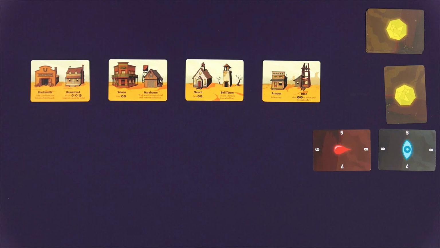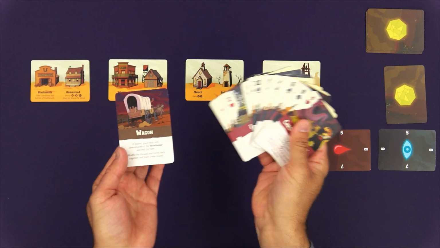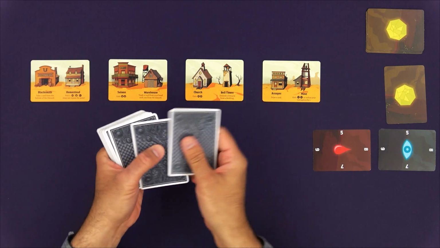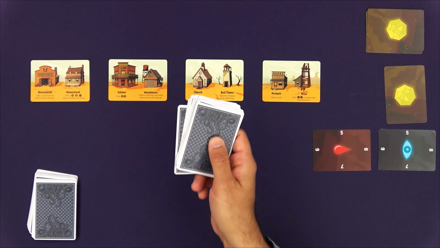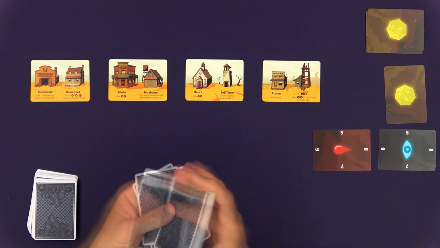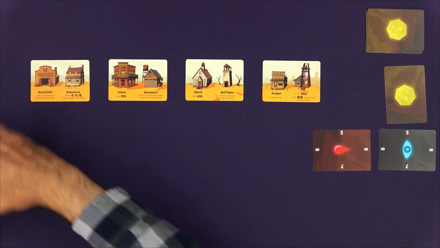To finish setting up the play area, we're going to take the deck of event cards, removing the wagon card from that deck, shuffling this deck up, and then drawing the top 15 cards from the deck. 1, 2, 3, 4, 5, 6, 7, 8, 9, 10, 11, 12, 13, 14, 15. And into those 15 cards, we will shuffle that wagon card that I showed before. I'll set that off to the side over here,